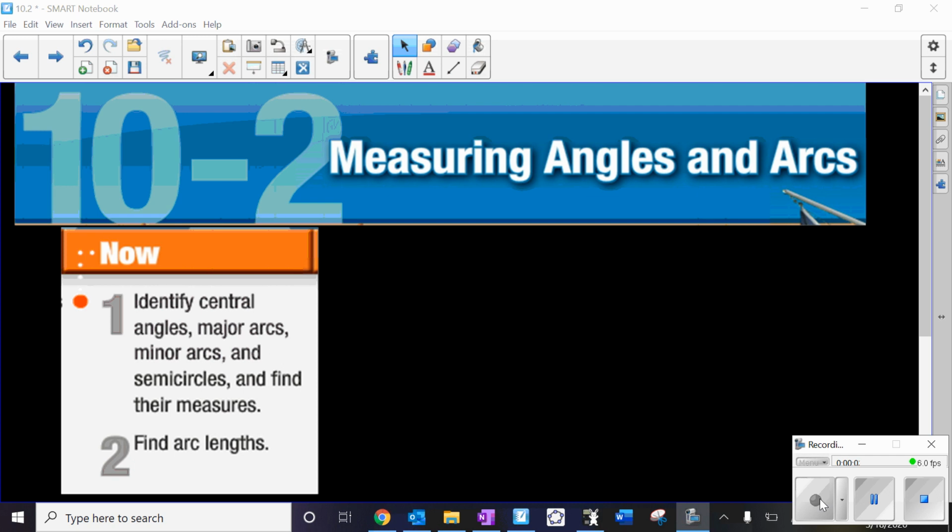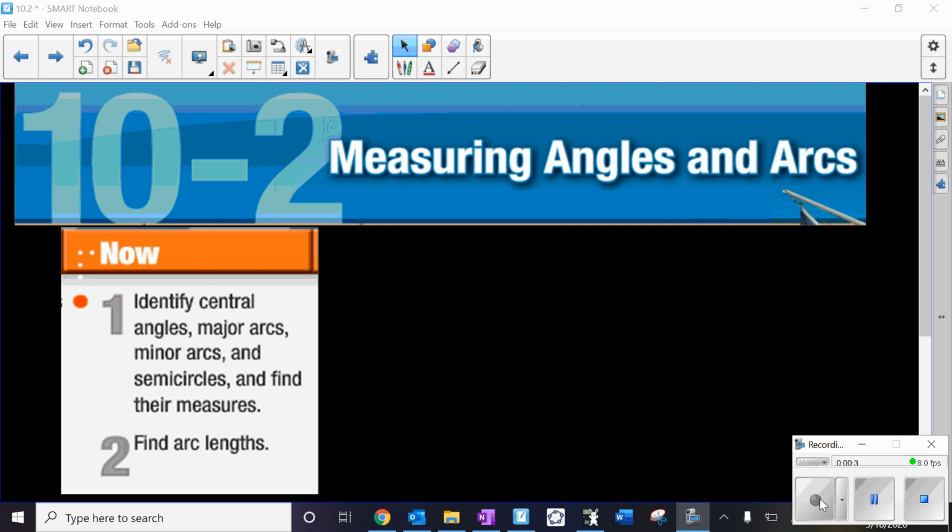Section 2 is going to look at certain types of angles. We're going to say central angles, and we're going to look at arcs. Most of the time we're going to be spent dealing with arcs, but in order to get to arcs, we need to understand central angles and the relationship to their arcs. So we're going to identify central angles, major arcs, minor arcs, and semicircles, and finding their measures, along with finding